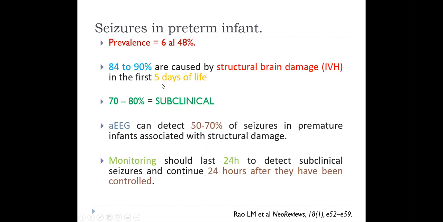Intraventricular hemorrhage in the first 5 days of life. aEEG can detect 50 to 70% of seizures in premature infants associated with structural damage, but monitoring should last 24 hours to detect subclinical seizures and continue 24 hours after they have been controlled. This is very important. Most seizures in preterm infants are only electrical, and you need to make one monitorization when you see